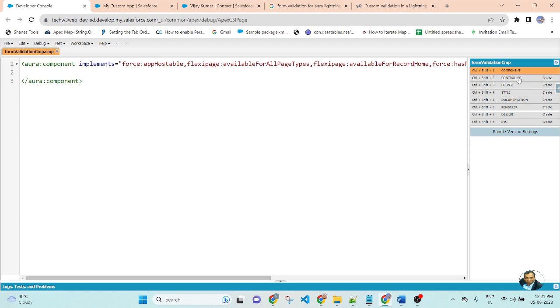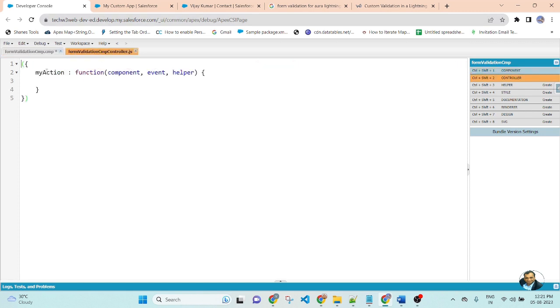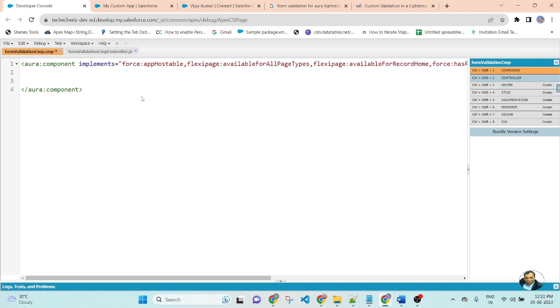Then click on the controller JavaScript. Here I will create a JavaScript function. So this is the component JavaScript controller. First I will create a form, create a div.